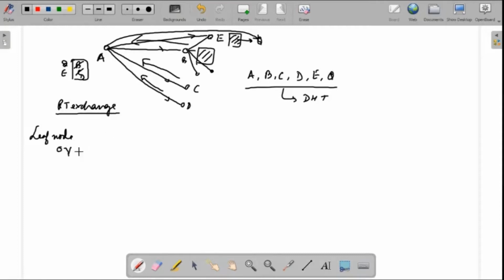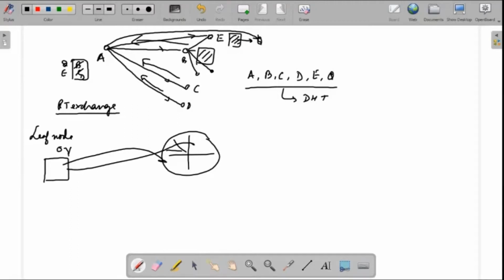So that means it will also maintain a routing table. This will cover the whole node ID space, which will get partitioned logarithmically like this. It will keep pointers to various points, the closest node in each partition. But how will this actually get created? In the beginning it will also connect to the bootstrapping node, and from there it will get a routing table. It will not send routing tables to them, but it will send a heartbeat. When this heartbeat is received by other nodes, they will respond by sending back their routing table.